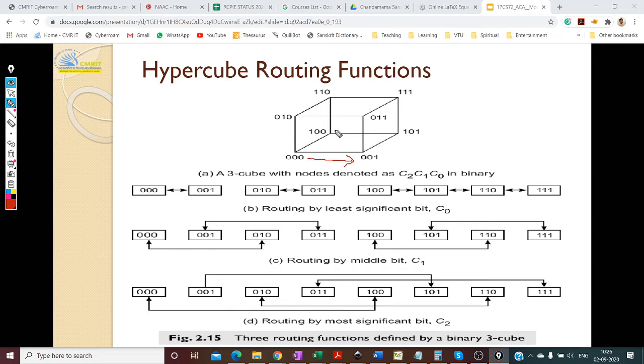So this 1 0 0 will send to 1 0 1, because they are differing in the last bit. In this case this particular plane is sending to this plane. So the communication happens here. This becomes like half network, this becomes half network, and you're going to send from this plane all the way to this plane. So this is one possibility.